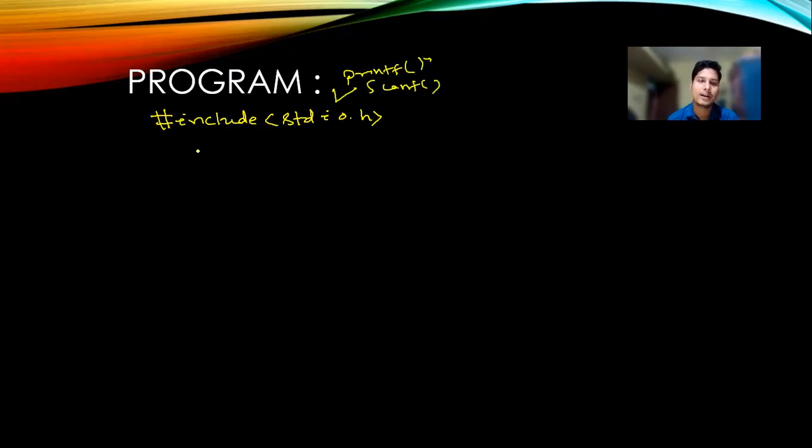Okay, so now I am declaring the prototype of the function. I want to calculate the factorial of a number. So int fact, within bracket I'm writing int, suppose n. Okay, bracket and semicolon. Prototype declaration end.